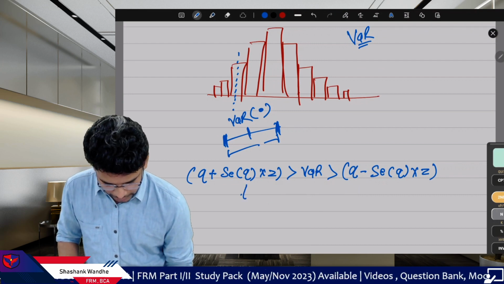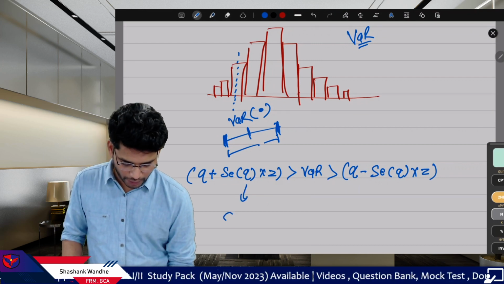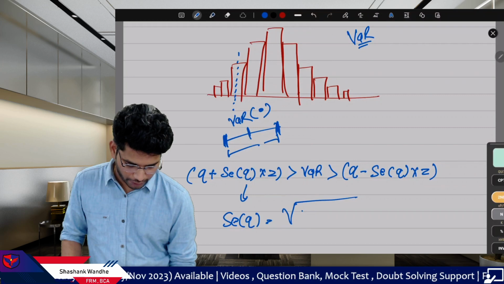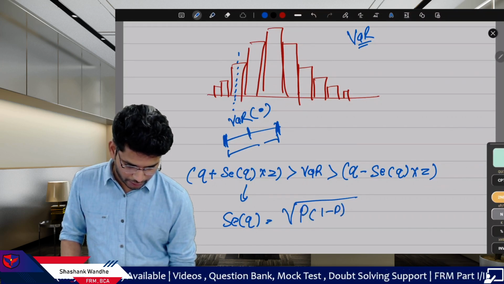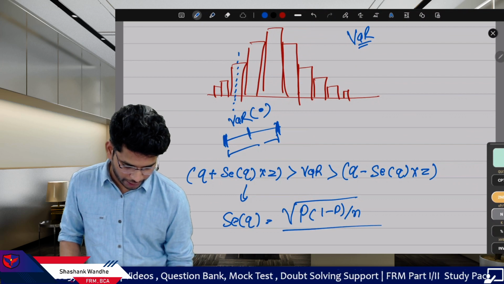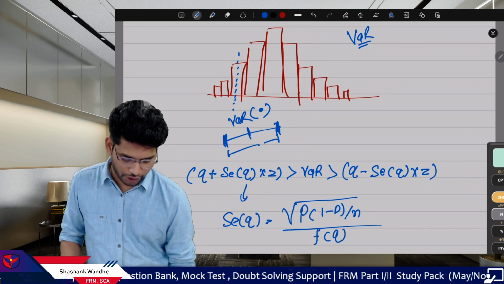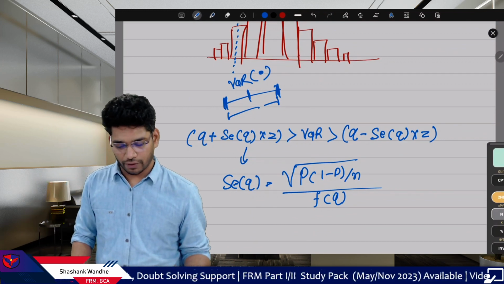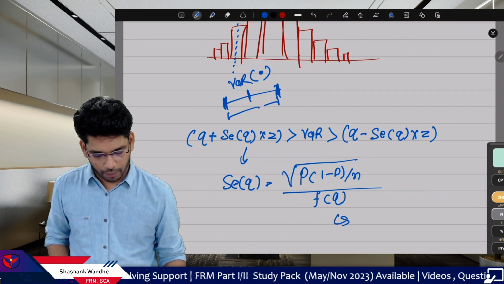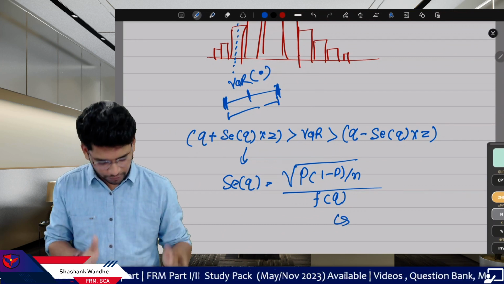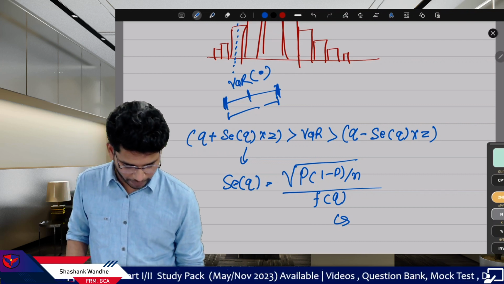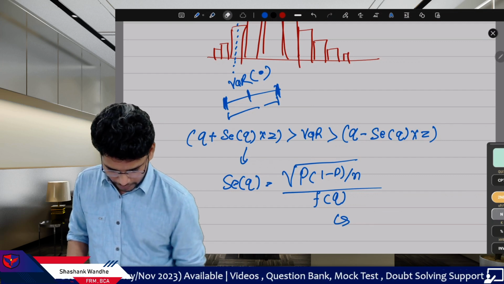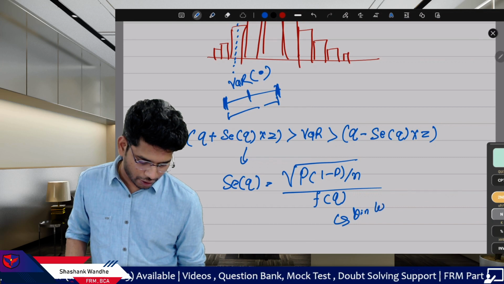Okay, now this particular Q comes from a specific formula. So the SEQ formula is under root of P(1 minus P) divided by N, divided by f of Q, function of Q. I will explain what is f of Q and everything, and we need to directly take the illustration for this. And as I told you, you don't have to bother about the full calculation, just see it once to understand what's happening here. This is bin width,